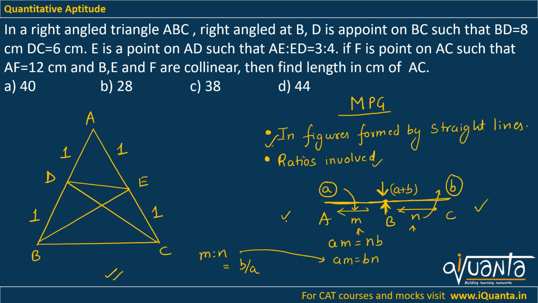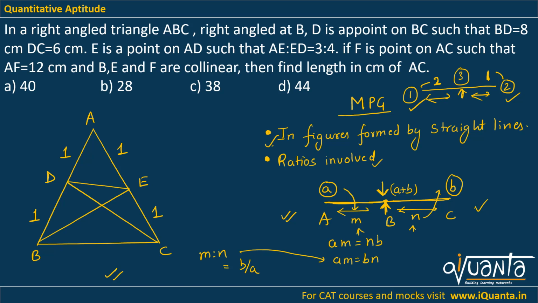We'll use this basic concept that I told you: if I have such a straight line, I have a balancing point over here. If the weight at this point is 1 and the weight at this point is 2, then the weight at the middle will be the sum of these two weights, 1 and 2, which is 3. And this length into this weight should be equal to this length into this weight. So here I'll put length 1, here length 2. So 1 into 2 is 2, 1 into 2 is 2. We'll use the same concept over here.